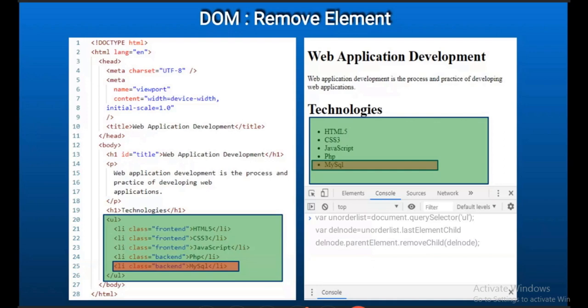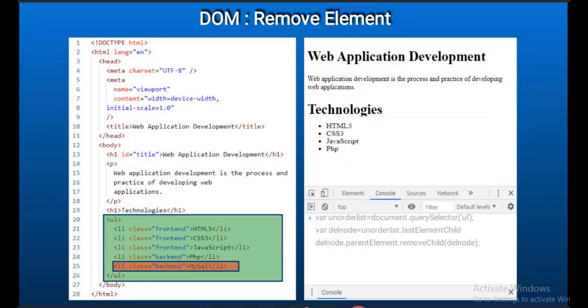You can observe that we first selected the unordered list, then we selected the last element, then we navigated to the parent of that last element using parentElement, and used the method .removeChild of delNode. So that particular element is removed.